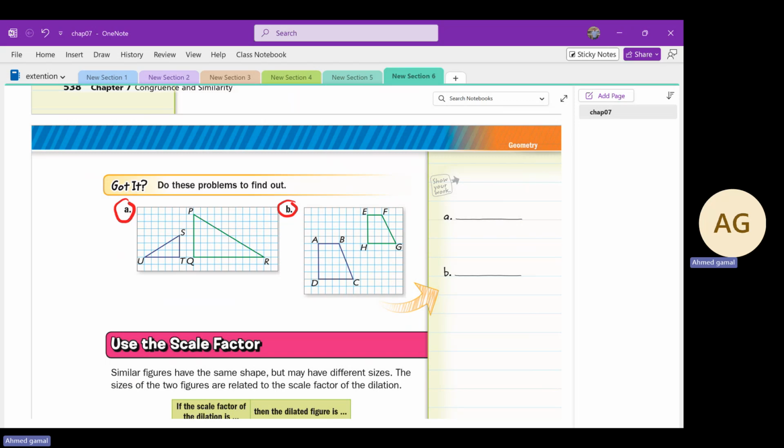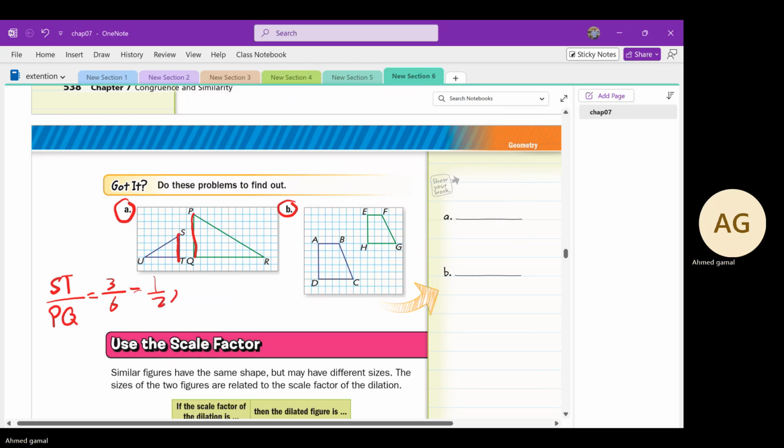So, in question A, 2 triangles, we have to count ST and PQ. ST is 3. So ST over PQ equals 3 over 1, 2, 3, 4, 5, 6. 3 over 6, which is half. QR is 1, 2, 3, 4, 5, 6, 7, 8, 9, 10. UT is 1, 2, 3, 4, 5. So UT over QR equals 5 over 10